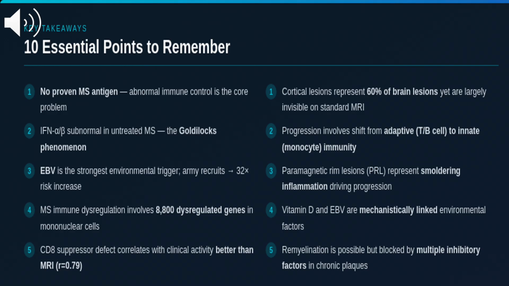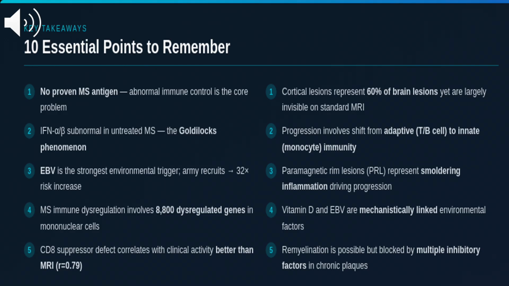Second, the Goldilocks IFN phenomenon. Interferon levels must be just right. MS is characterized by subnormal type I IFN, which allows both increased inflammation and poor viral control. This explains why IFN beta therapy works and why the disease is incompatible with high IFN states like Down syndrome